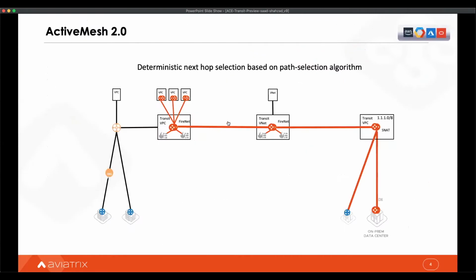So I'm pretty sure you guys have already been using Aviatrix Active Mesh 1.0. What does Active Mesh 1.0 provide you? It provides you high availability and redundancy in terms of the Aviatrix gateways, whether they are sitting in the spoke or in the transit, right? So now what Aviatrix Active Mesh 2.0 is doing is providing you deterministic next hop selection based on the